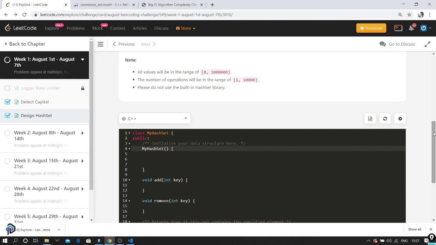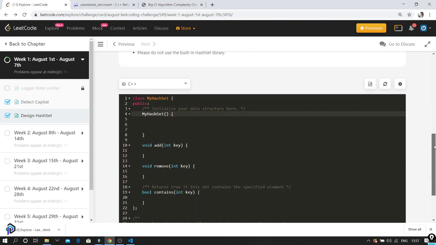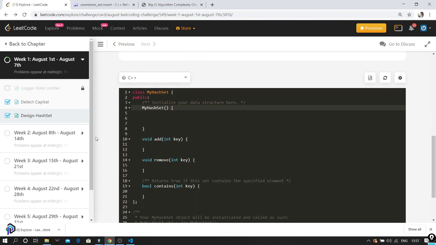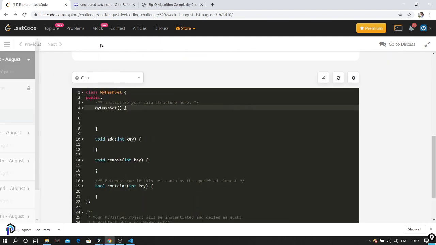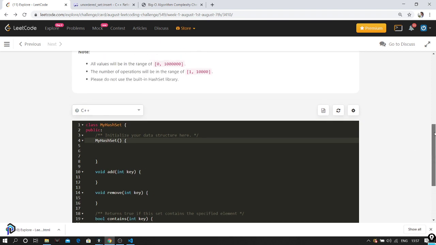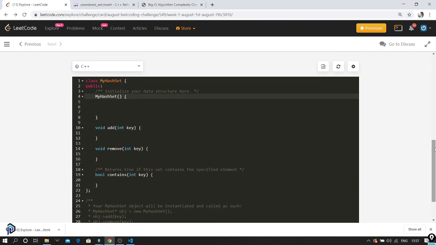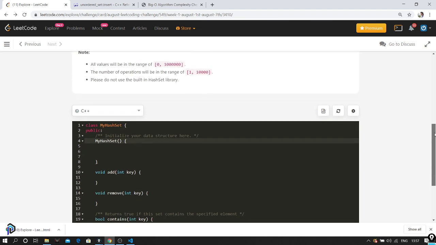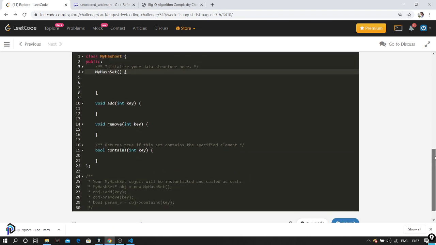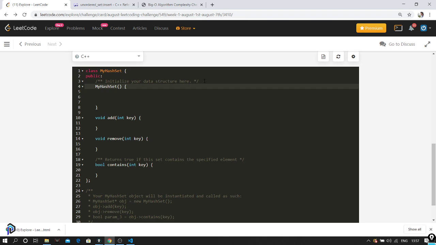In this video, I will implement the hash set with an array data structure. We can do it more efficiently by combining a linked list with an array and also doing chaining and probing, but for the time being, we'll just look into the array implementation.